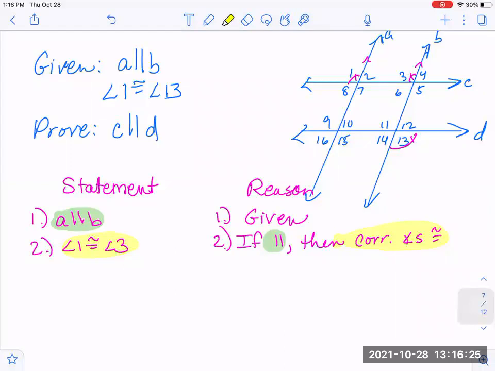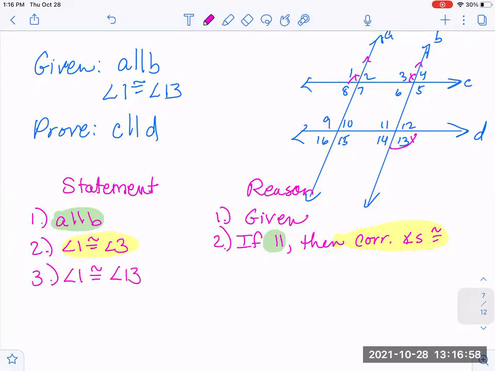So if I say then corresponding angles are congruent and somewhere here I say lines are parallel, that doesn't make sense. It's not making a good argument. This statement, this reason links these two statements together. Okay. Now that I've gotten there, that's 5. If lines are parallel, then corresponding angles are congruent. Now, the next thing I'd like to do is say that angle 1 is also congruent